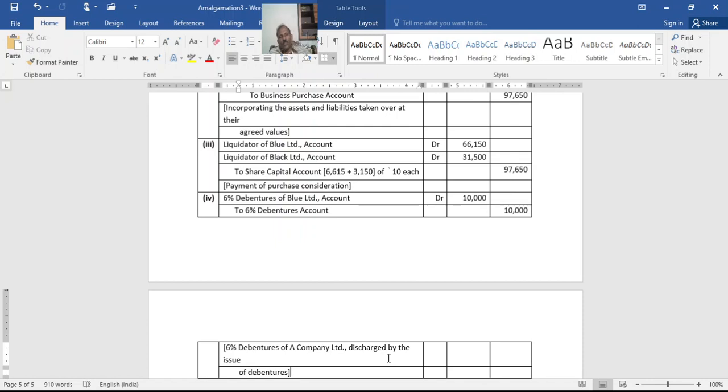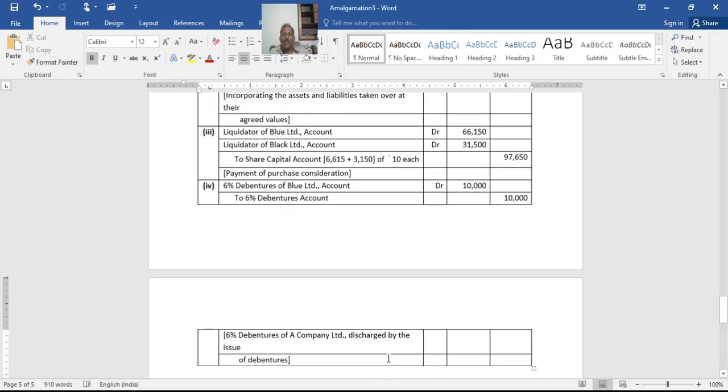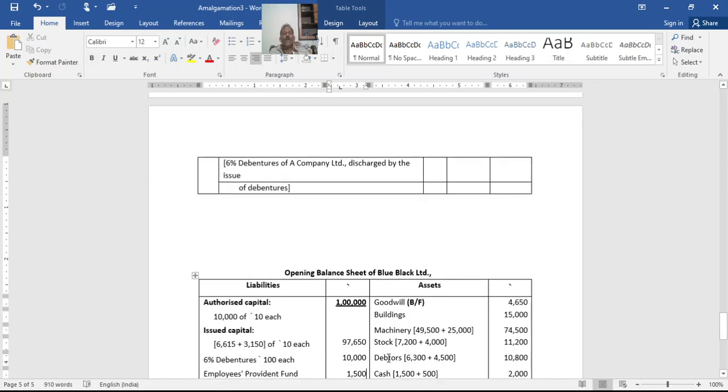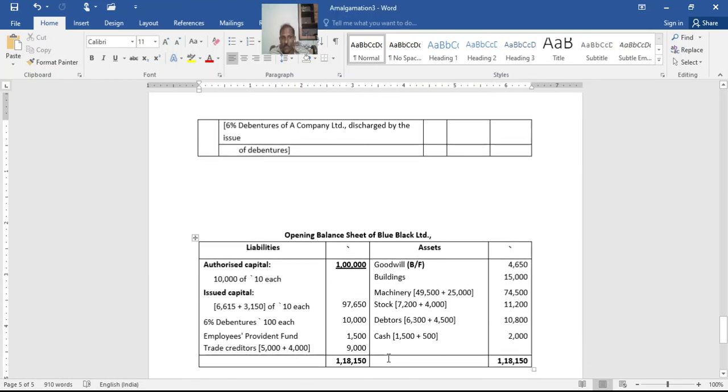Now given new debentures, 6% debentures. So in the new balance sheet, 6% debentures will come. Here it is one and the same. If denomination changes, then new debentures will appear. Nothing is mentioned about liquidation expense or formation expense. This is all about the journal entry, which is not required. As a working note you have prepared that. Now pass it. Now the balance sheet.